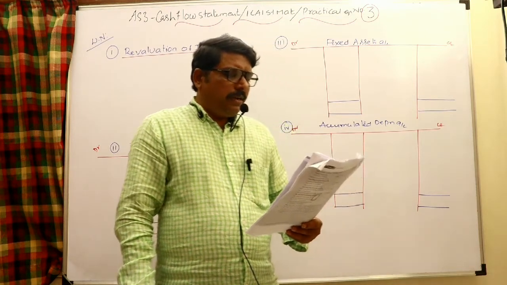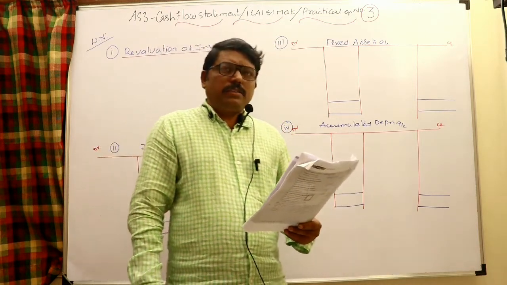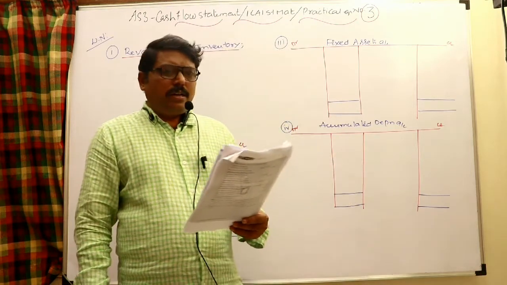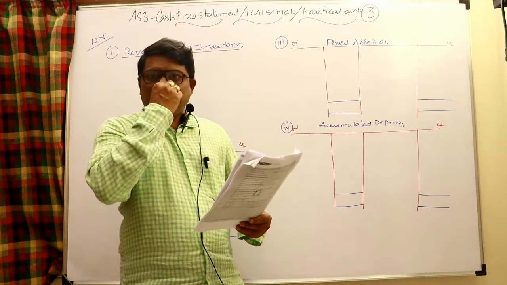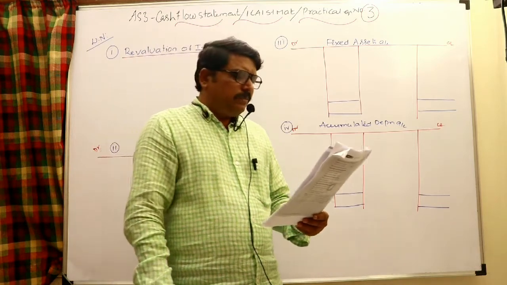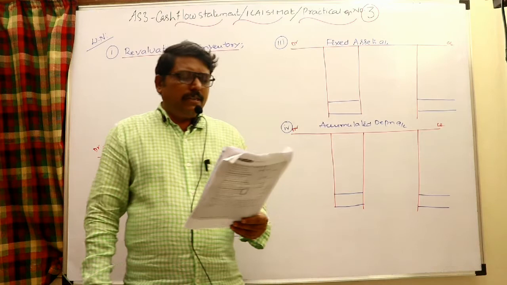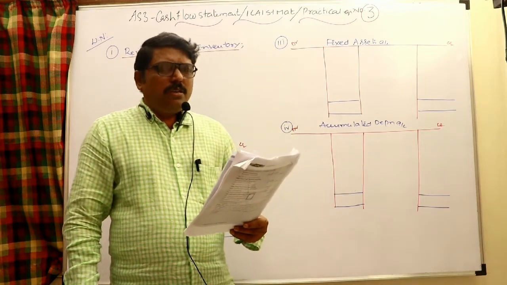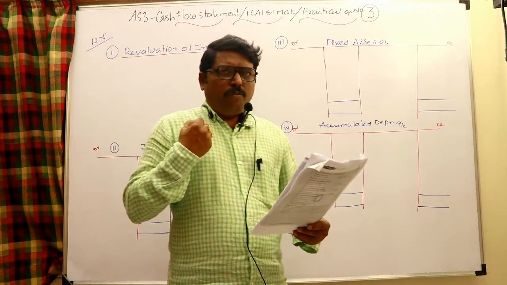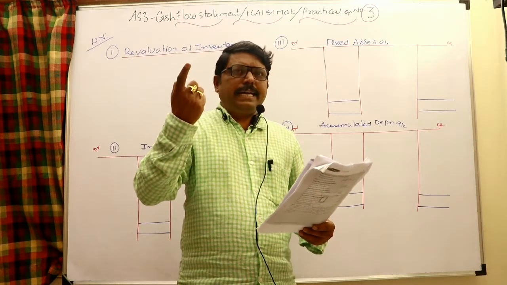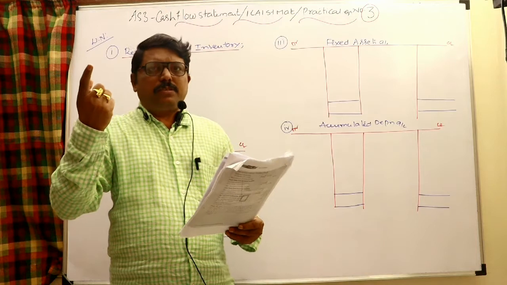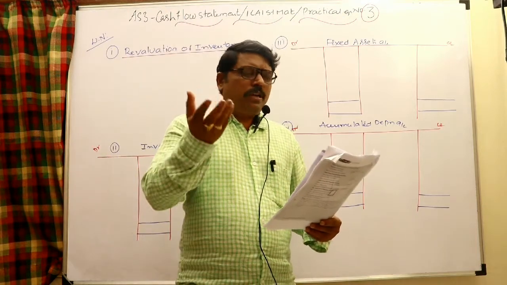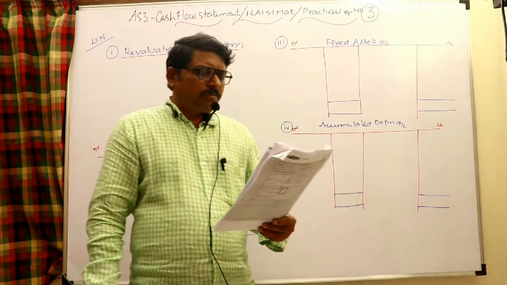Let us handle that. Debentures in the beginning were 4 lakhs, at the end 2 lakhs 80,000, so 1 lakh 20,000 debentures are redeemed, repayment is done. It is also a financing activity. Current liabilities were 4 lakh 80 and are now 5 lakh 20. There is an increase of 40,000. An increase in current liabilities is an inflow. When you do the indirect method, cash flow from operating activities, while incorporating the change in working capital, that should be shown as an inflow.